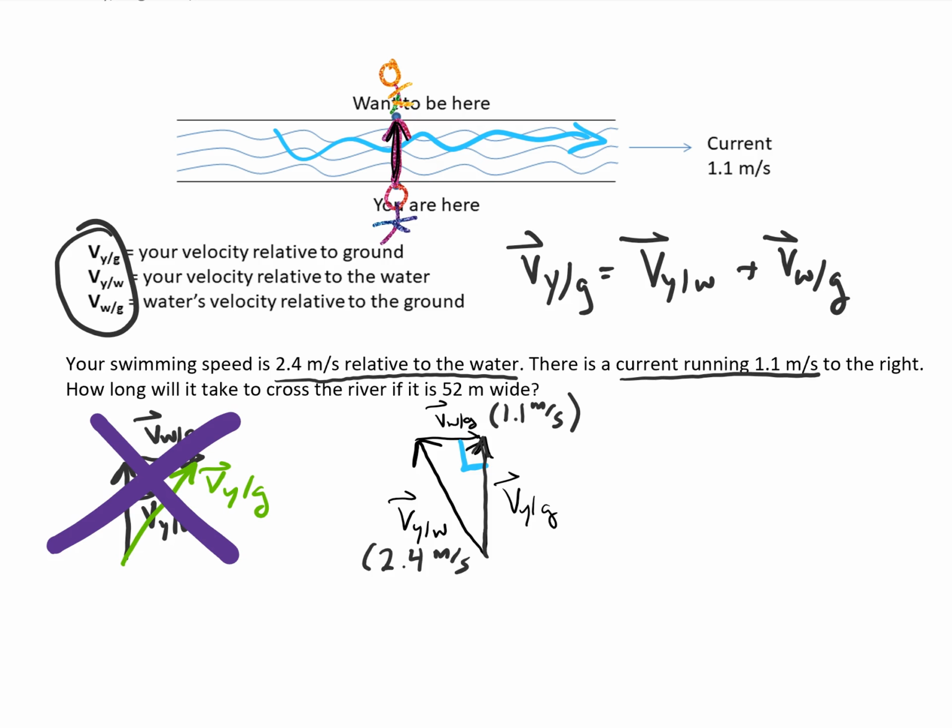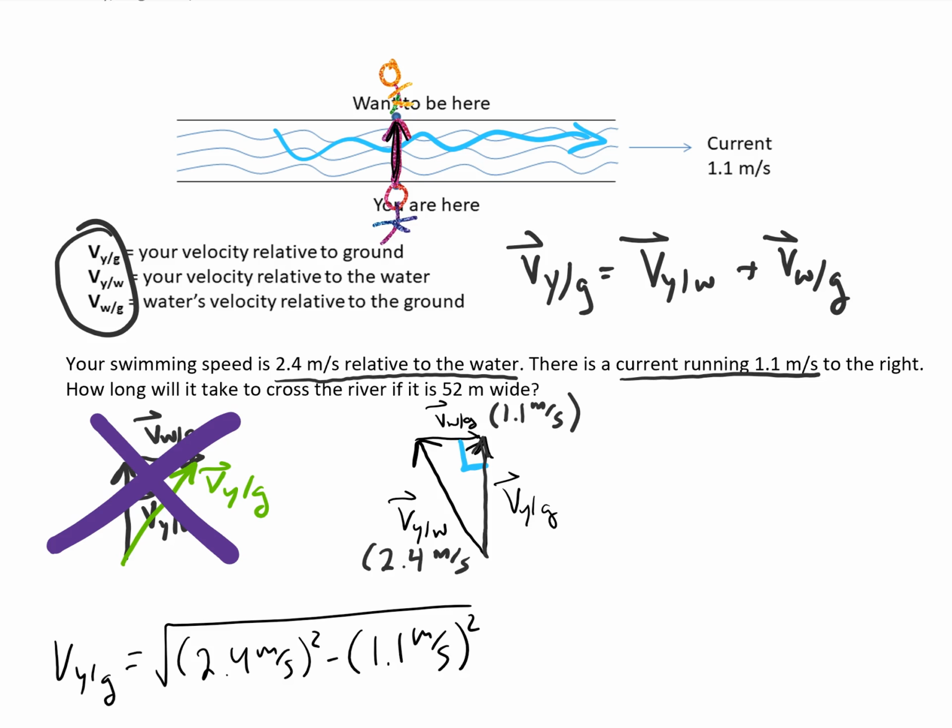So our velocity relative to the ground should equal the square root of (2.4 meters per second) squared minus (1.1 meters per second) squared. And so that's going to turn out to be 2.1 meters per second. So now we know how fast we're going to be crossing the river